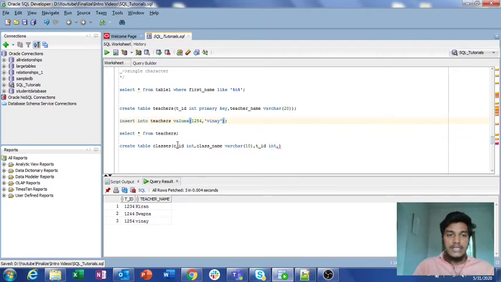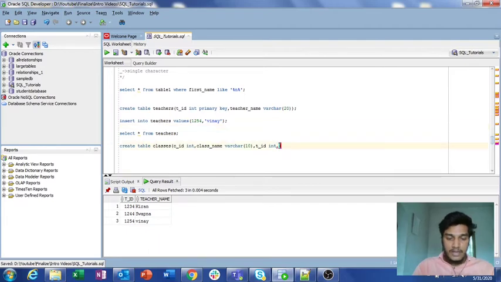So how to link the teachers table and the classes table is with a foreign key. What a foreign key does is, if I specify this T_ID as a foreign key, whenever you are entering a value for T_ID, it will accept it only if that entered value belongs to one of the records present in the teachers table.